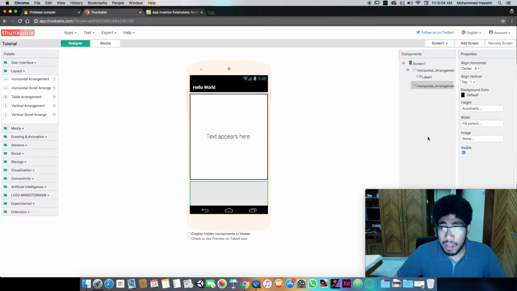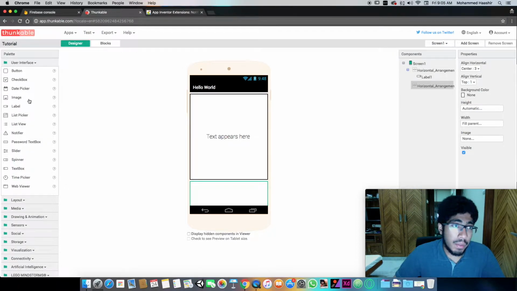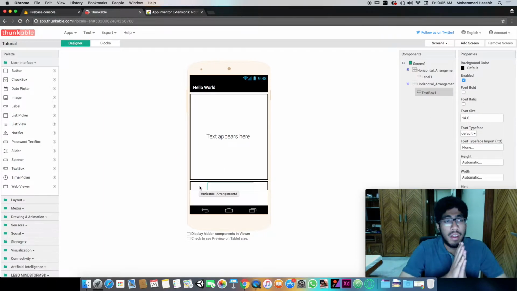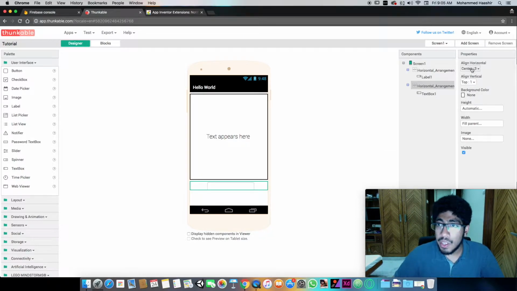I chose automatic because once I start adding elements, the height will adjust itself. So background color as none. In the user interface, we're going to have two elements. One is a text box. The user is going to enter his text, and before that, I want to select the horizontal arrangement and select align